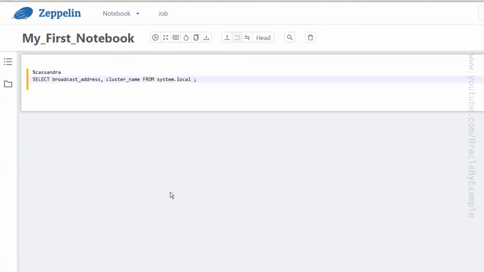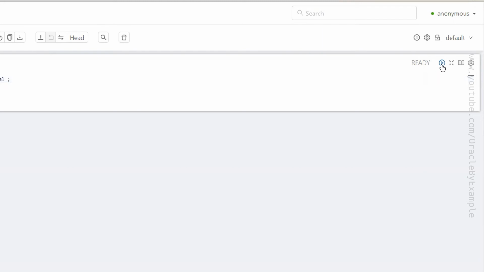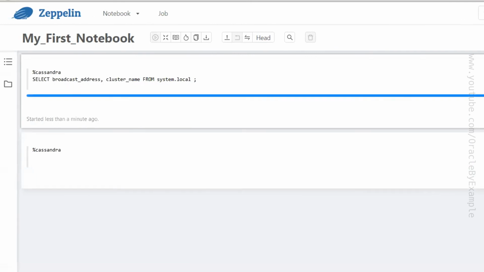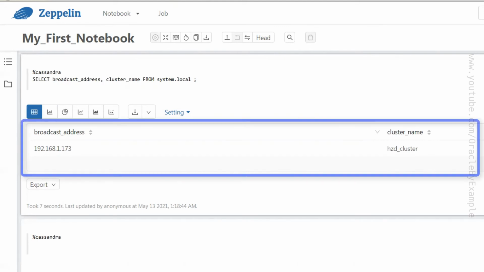I want to run this select statement. I will click on run. As you can see here, I'm now connected to my Cassandra cluster.